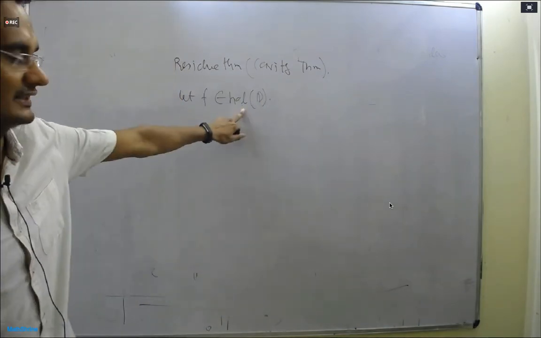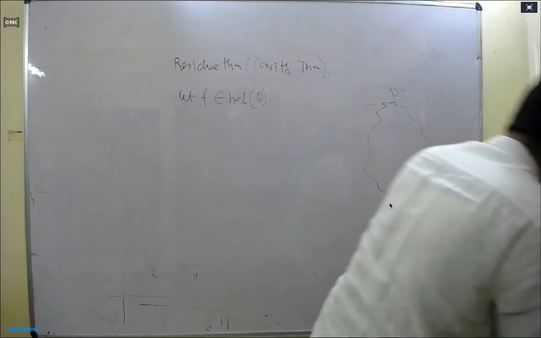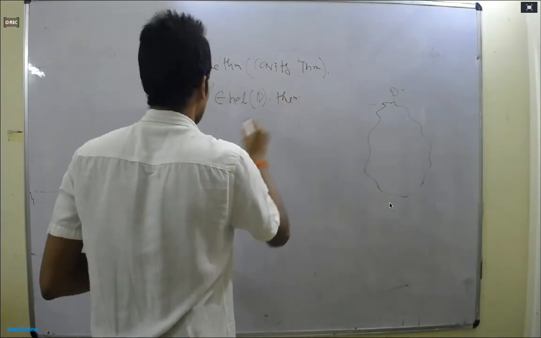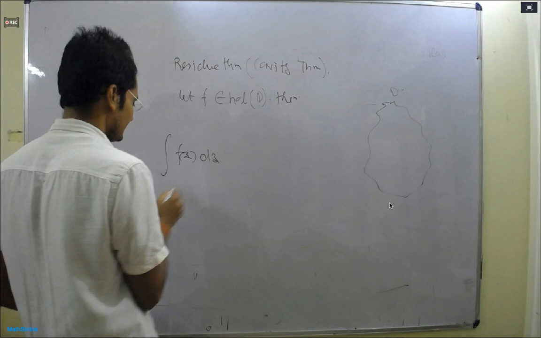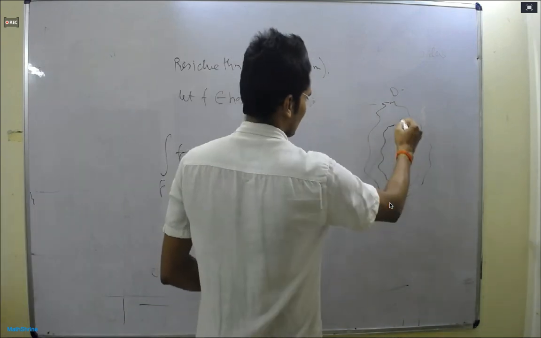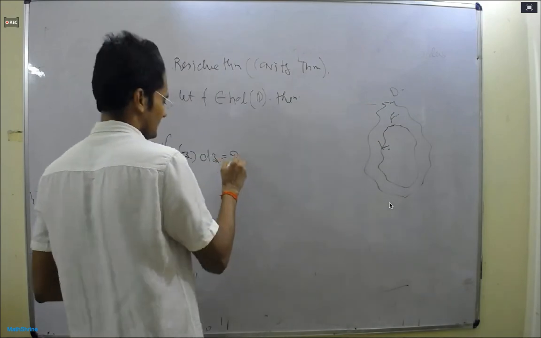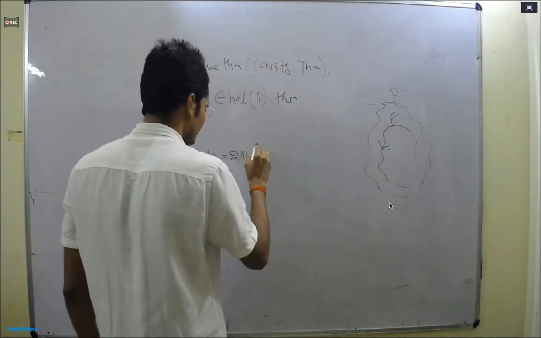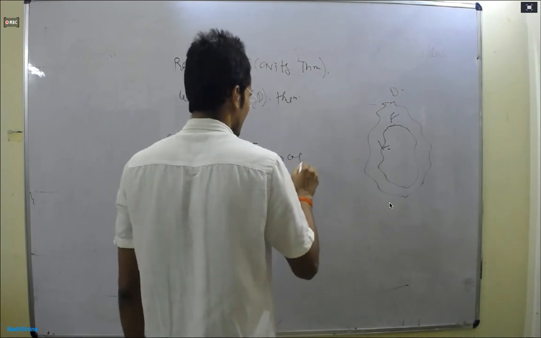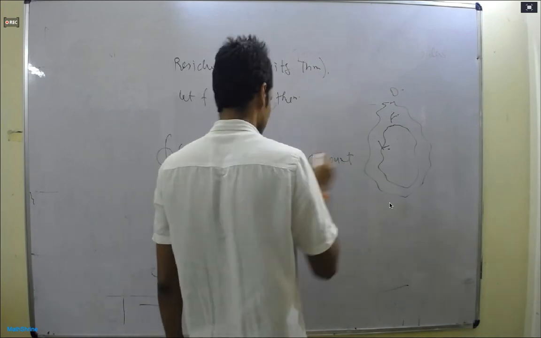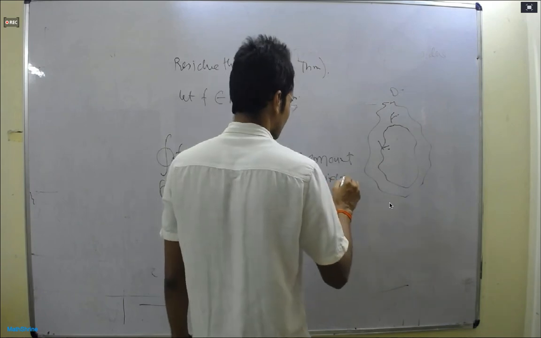Then the integral of f of z dz over a closed curve gamma, traversed anti-clockwise, will come out as 2 pi i into the sum of the residues inside gamma, meaning let f be holomorphic except